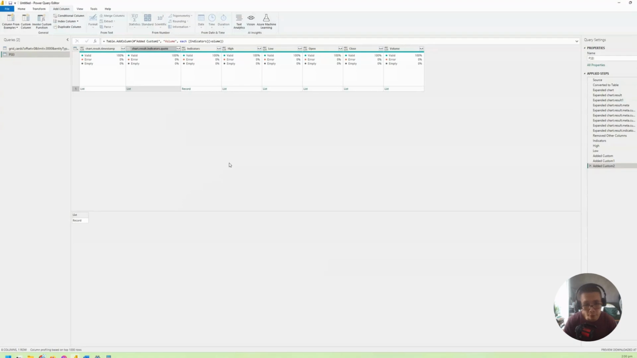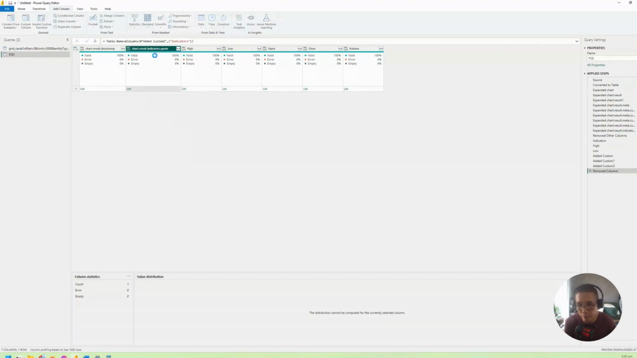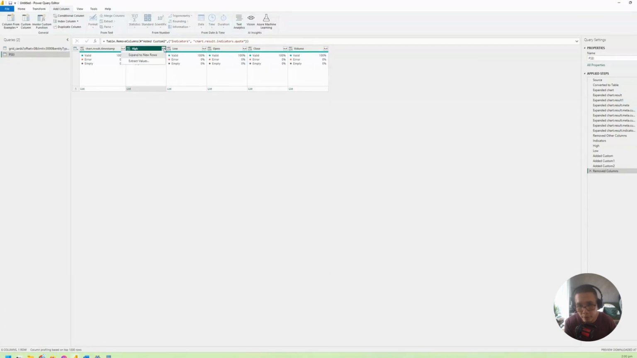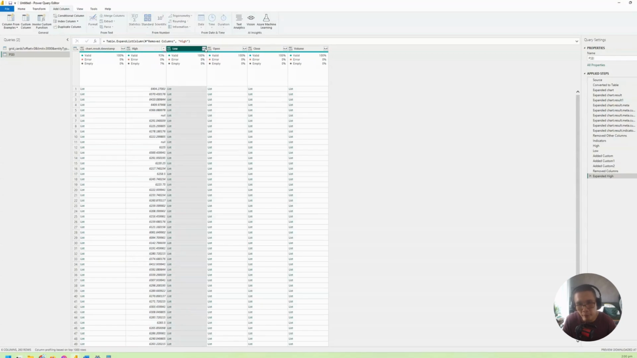Okay, so the next thing to do is to convert these columns into a table. Oh, I'll remove that indicator. Now you might be thinking, I should just expand this to new rows. Yes, you can do that, but